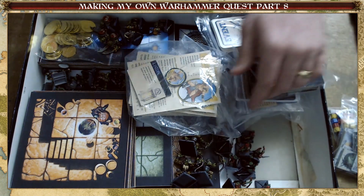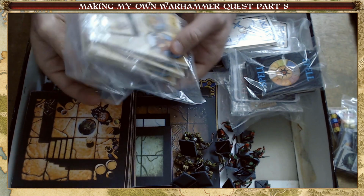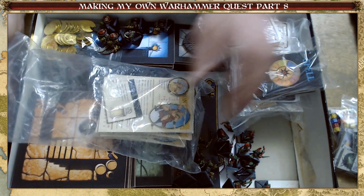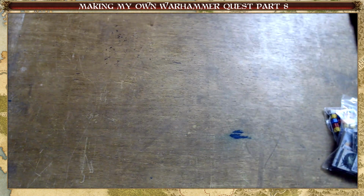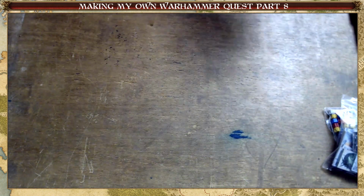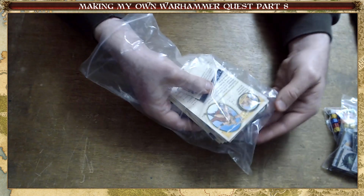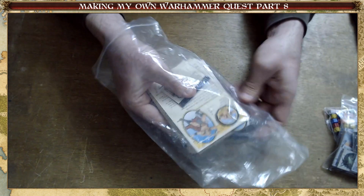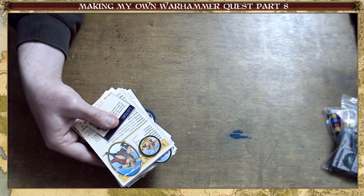Here is the first thing I want to show off. I've cut up the hero cards. What I'm going to do is move this just to take stuff out and show you. Yep, I've cut up the hero cards and so forth. But you may notice this is looking a bit bulgy because